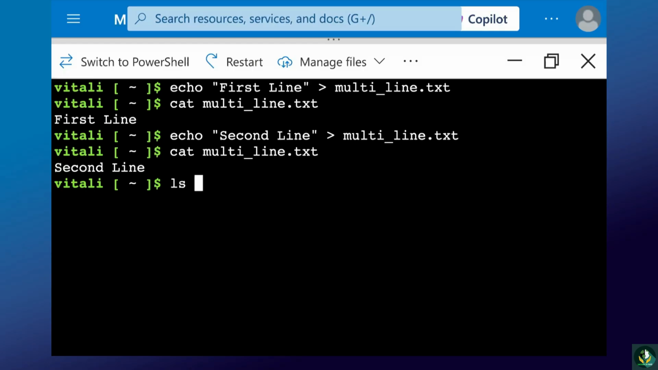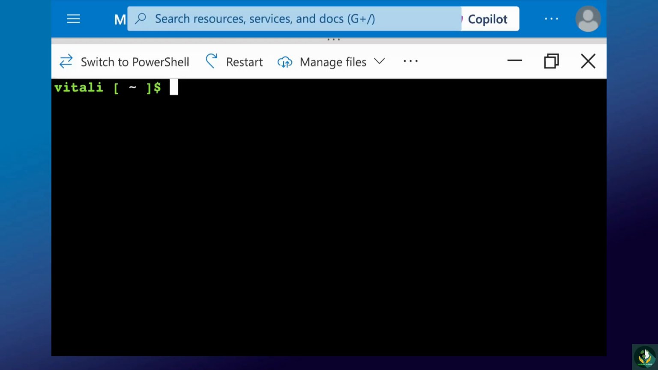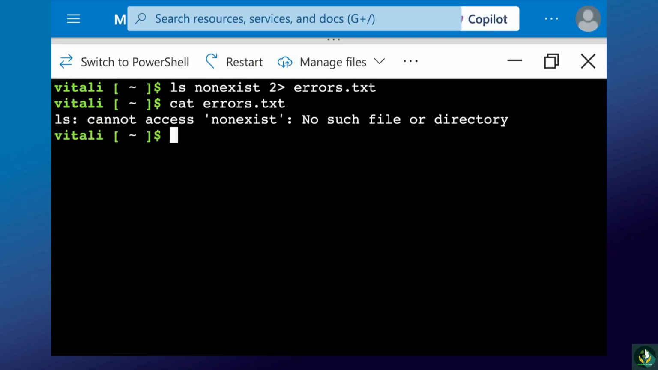Let's say that we run the following command: ls, for instance, some non-existent file, hit enter, and we get an error. What if we don't want to get this error on our screen, but instead we want to redirect it to a separate file containing all the errors? So let's try running the following. I'll get back to this command, ls non-exist, but now I'll add 2 greater than, and then I'll specify the errors.txt file. Hit return. Now we don't get any error, but if we cat the errors.txt file,